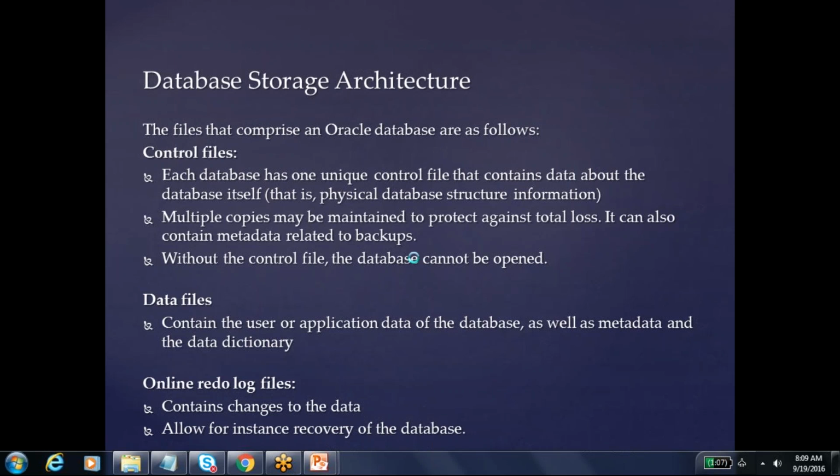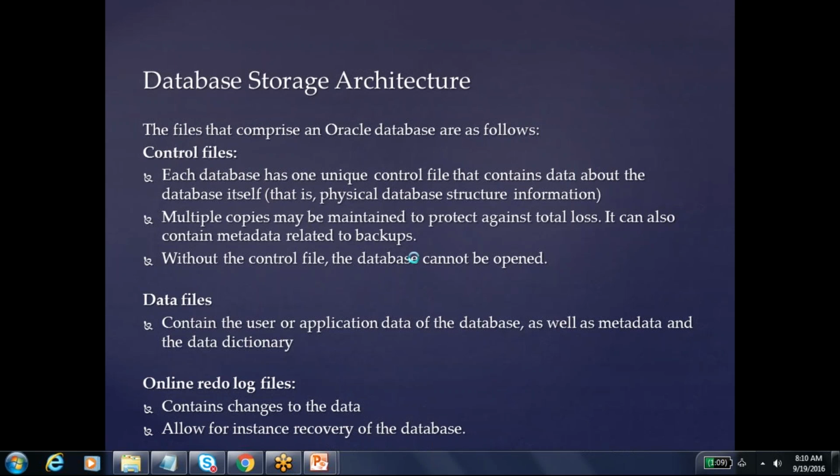Okay, so the control file is a kind of controller of the database. It contains information about the database structure, the physical structure of the database. At what time the database was created, what the current checkpoint is. I think we already discussed the checkpoint. What is the checkpoint number, what is the SCN number, the system commit number, you can say, because whenever any change or commit happens, the SCN number keeps on incrementing. And the locations of the data files and log files are also contained in the control file.